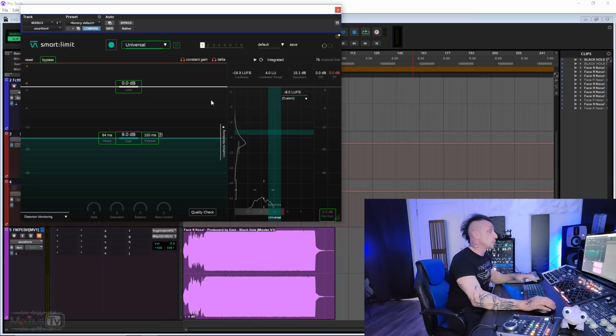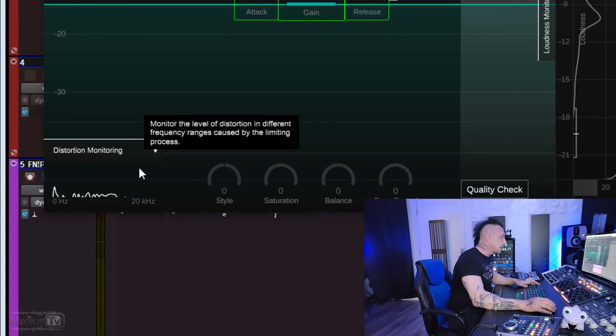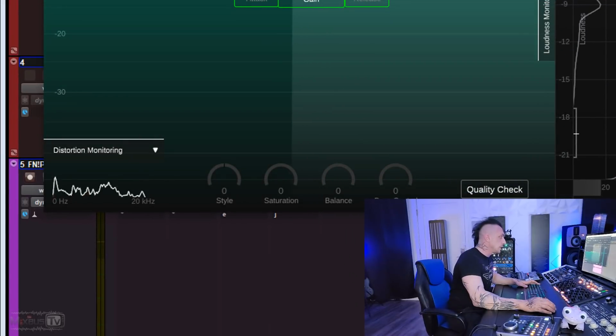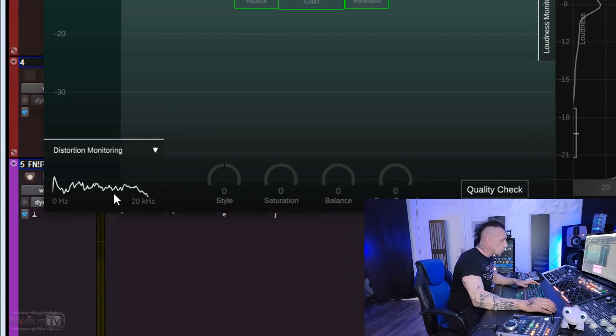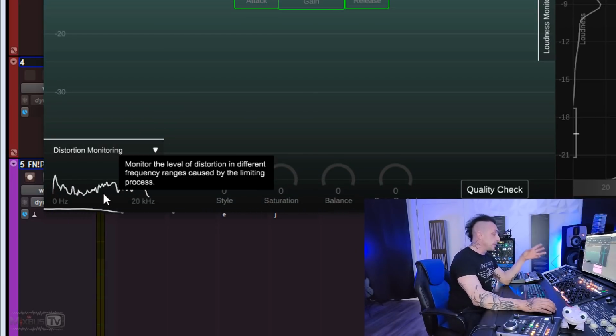So we can keep an eye on distortion and artifacts, which is also mirrored, so to speak, here in this distortion monitoring graphics, all right, at the bottom. Let me push this for a second, which shows us the distortion. Right now, there's not even that much, but this is one thing that I think is very, very useful, and